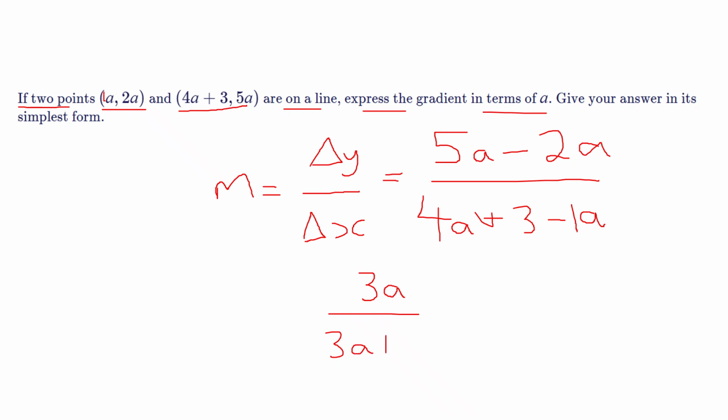And then each of these terms can be divided by 3. So dividing the top by 3, I just get A. Dividing the terms on the bottom by 3, I get A plus 1. Okay, so I've divided the top by 3 and I've divided the bottom by 3. Now if that isn't very clear, I'm going to factorize the denominator to prove to you